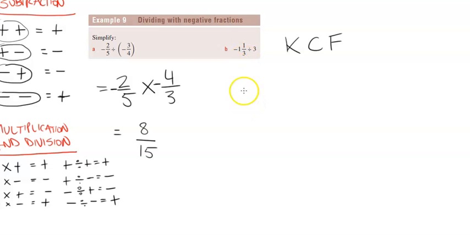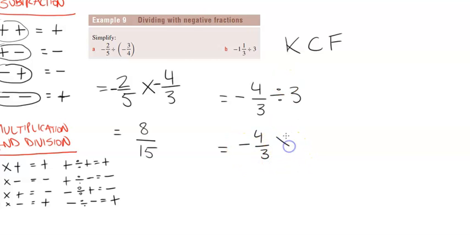And for B, this is negative 1 1/3 divided by 3. Now, we need to make sure that we change this into an improper fraction first. So negative 1 1/3, get the denominator multiplied by the whole number. 1 times 3 is 3, plus 1, which is 4 over 3. So this is negative 4 over 3 divided by 3. Now remember, keep, change, flip, keep the first one,